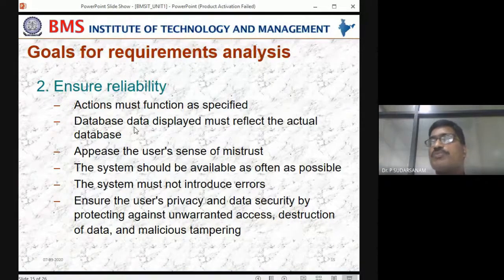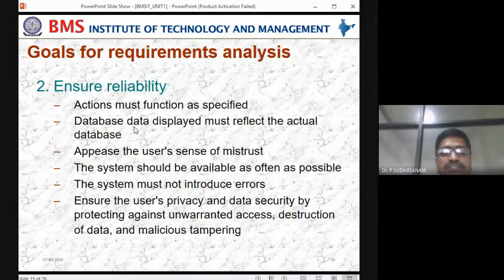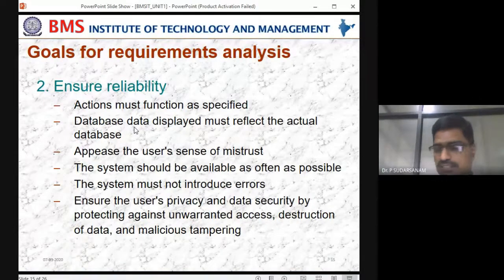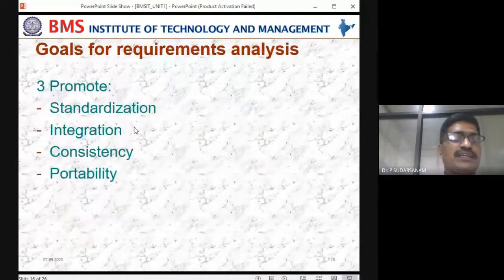Security is also most important because you are entering information, and that information also has to be maintained properly. If it is given to everybody, or if other people are also able to access it, customers will not accept that. So they need to take care of the reliability. That means misuse and such things should not happen in the database.